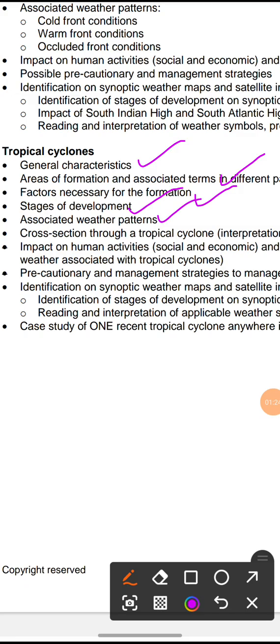You must know the cross section through a tropical cyclone, know the impact on human activities,